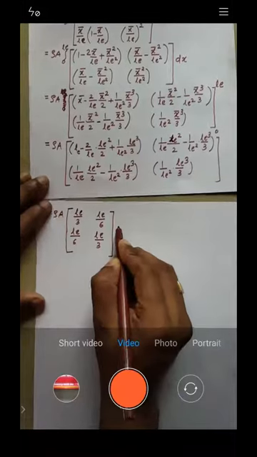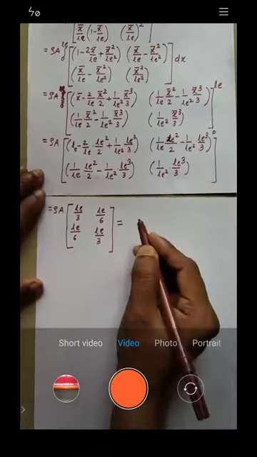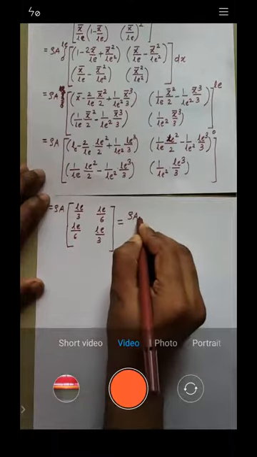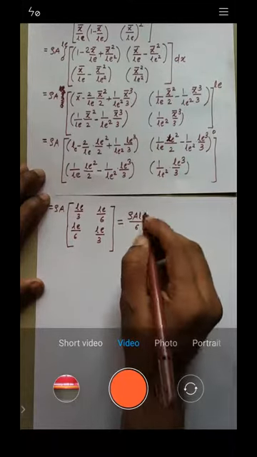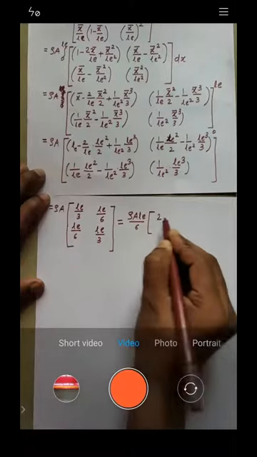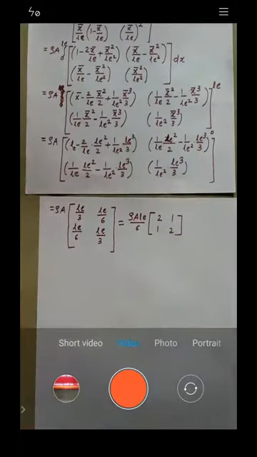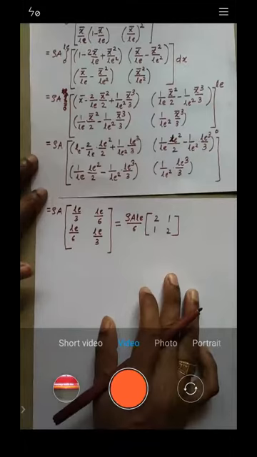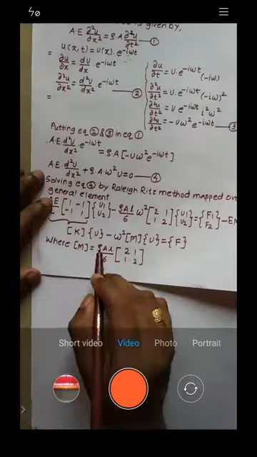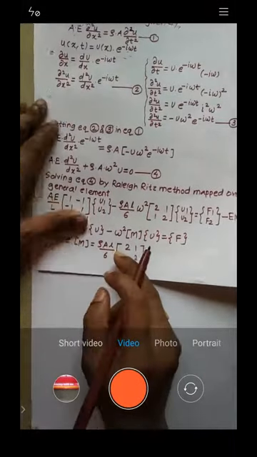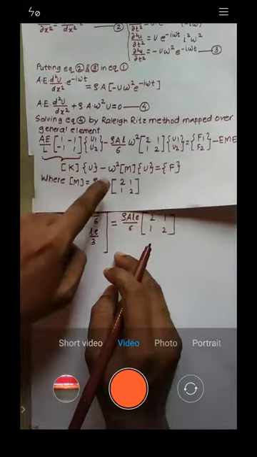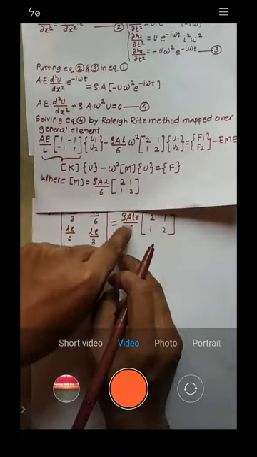Let me know. So E is equal to, can I take rho A LE by 6 common? So what I'll get? I'll get rho A LE by 6 times the matrix 2 1, 1 2. When I take LE by 6 common from each of the terms, I will get rho A LE by 6 times 2 1, 1 2. So see, a similar matrix we got a time before in this expression. Yes or no? Same matrix. Rho A L by 6 times 2 1, 1 2.